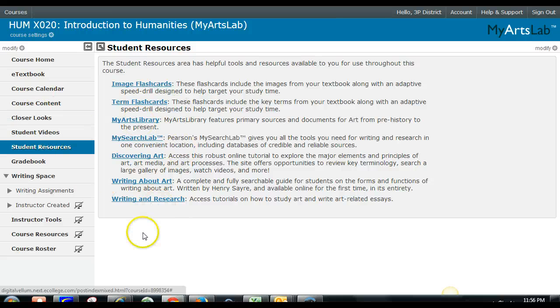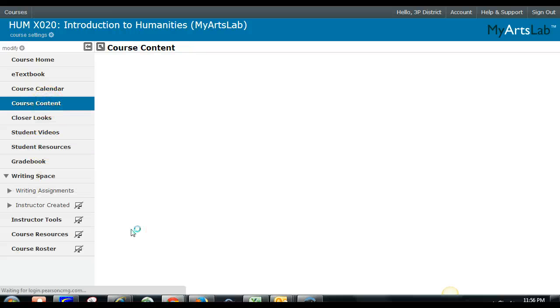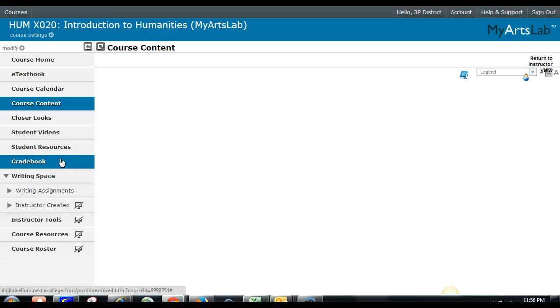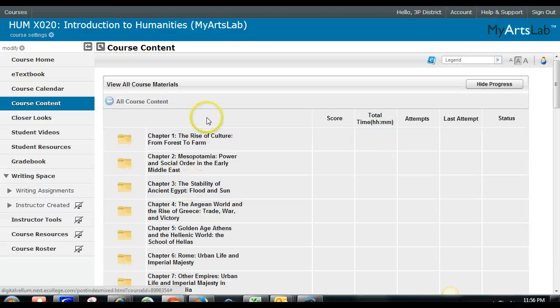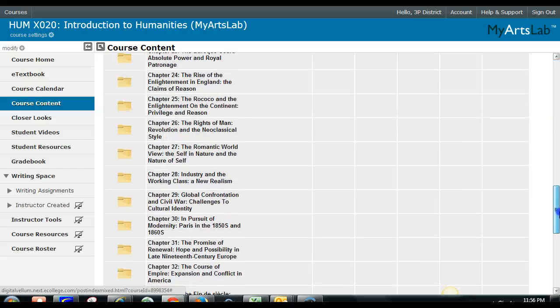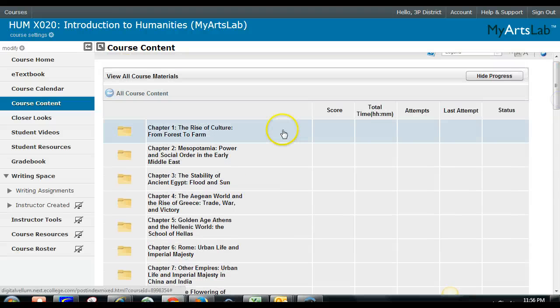Now everything that the student does within MyArtsLab, we didn't get into the course content yet, but that's all the assignable content. It goes right to the student's gradebook, and it goes right to your gradebook as an instructor. So there's no guesswork. Everything that they complete, they will be assessed on, they will be graded on, and you will see that right in your gradebook, which I'll show you in a moment. So within each chapter, you are able to assign different activities. You can drill down from chapter 1 all the way to the very end,